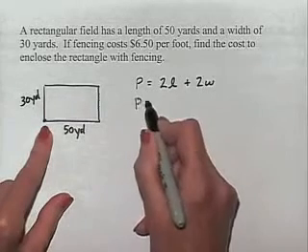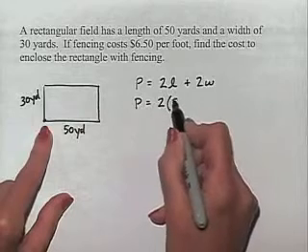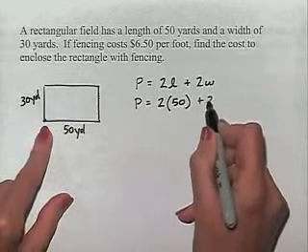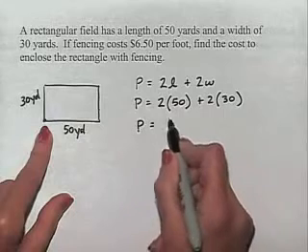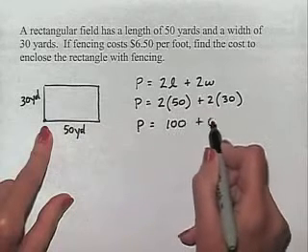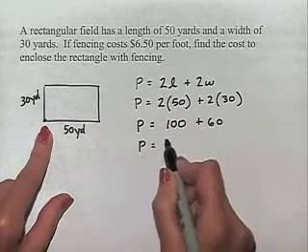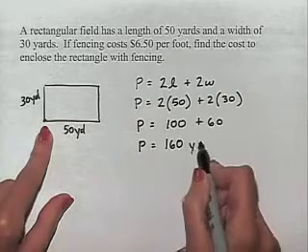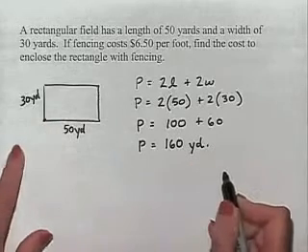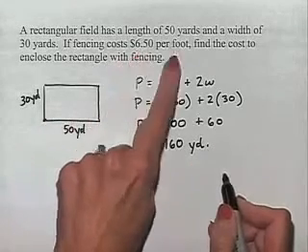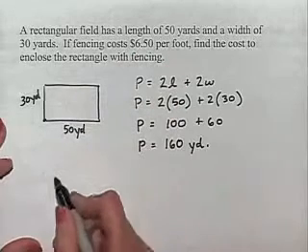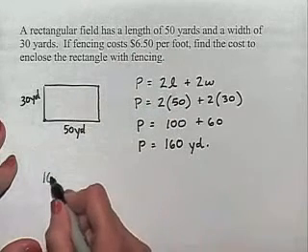So the perimeter is going to equal 2 times 50 plus 2 times 30. This is going to be 100 plus 60. So the perimeter is equal to 160. Now that's yards. So to find the cost, we have to look at this as cost per foot, which means we're going to have 160 yards